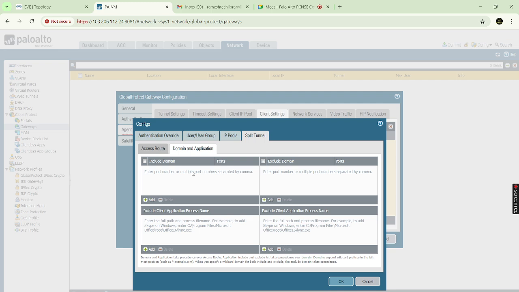If you want to use domains, whatever domains you want to allow in the GlobalProtect VPN, we can allow them in the include. And if you don't want to allow the domain that needs to be passed through the GlobalProtect tunnel,